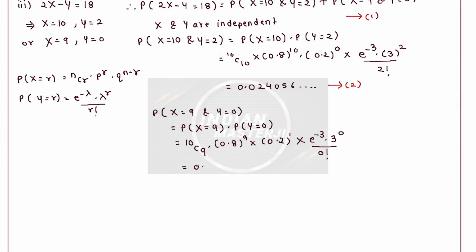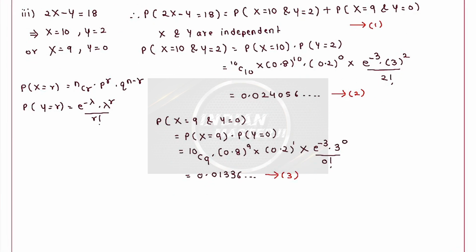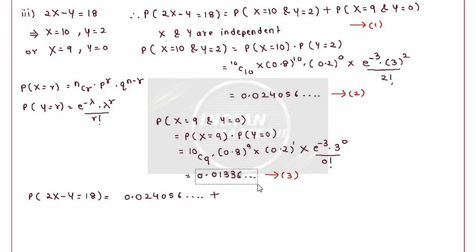I get this as 0.01336 and so on. Okay, so this is the third value which we get, or the third equation. Now we can use these three equations and I can directly find out probability of 2x minus y equal to 18. So this will be equal to what? Sum of these two values. I can directly bring this here, plus this value here,